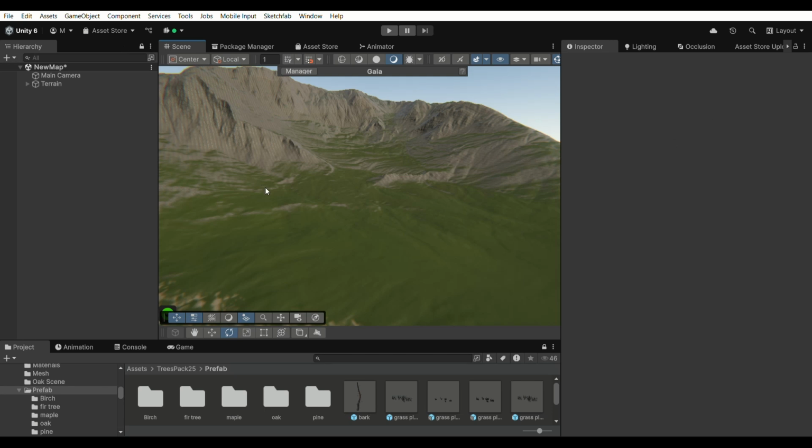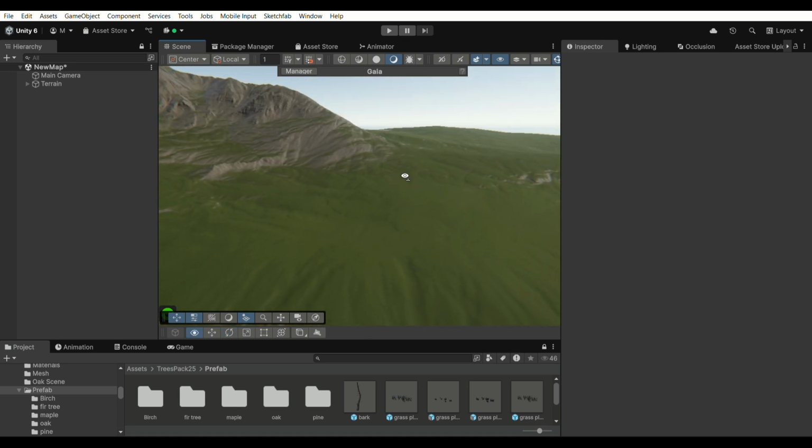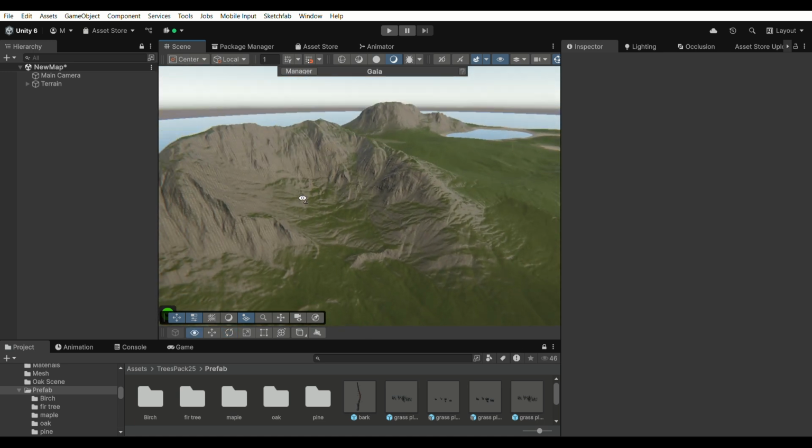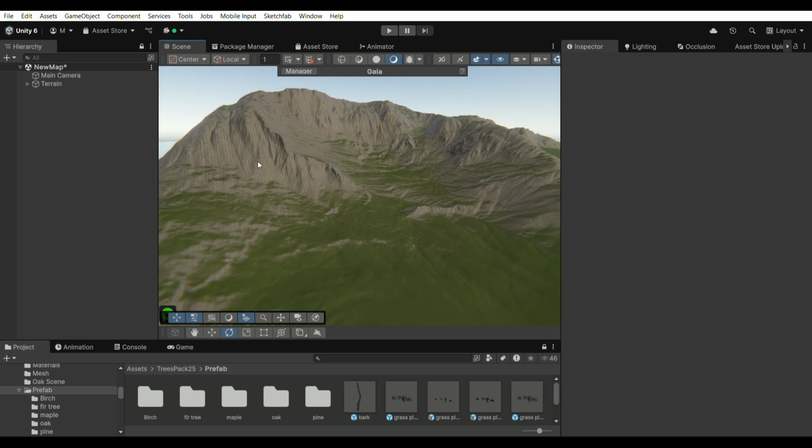Hello everyone. Today I will teach you how to use the tool Advanced Terrain Object Painter. So let's get started. For example, let's say you have this terrain, or your terrain, and you want to put